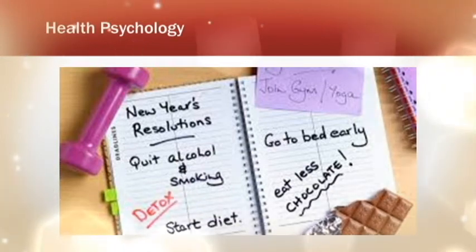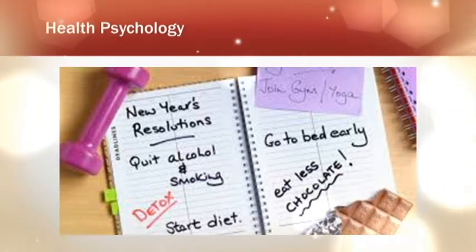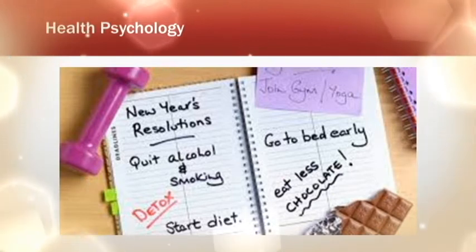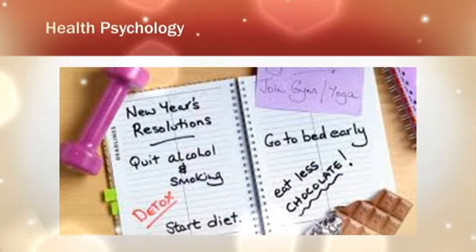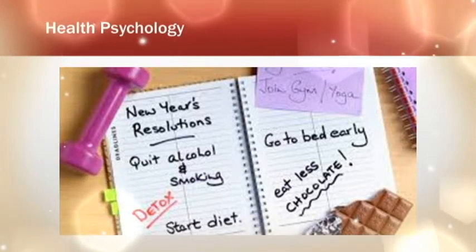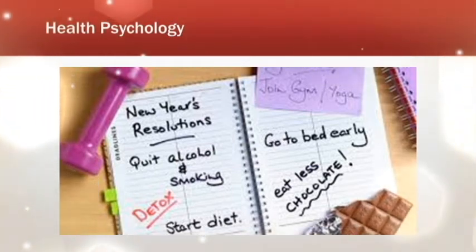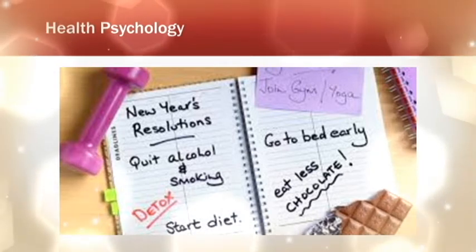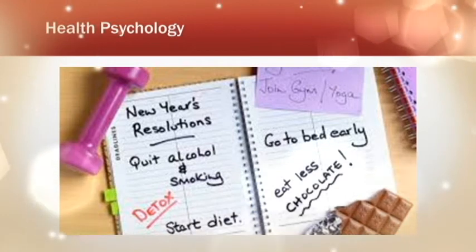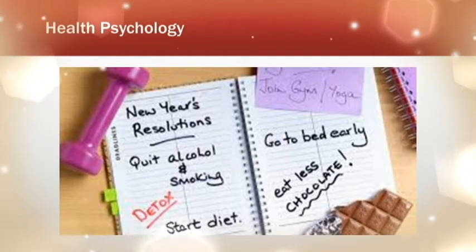So, when we look at questions asked by health psychology, we see those same kinds of questions. Who's responsible for illness, for example? Because illness is regarded as a result of a combination of factors, the individual is no longer simply seen as a passive victim. For example, the recognition of a role for behavior in the cause of illness means that the individual may be held responsible for their health and illness.